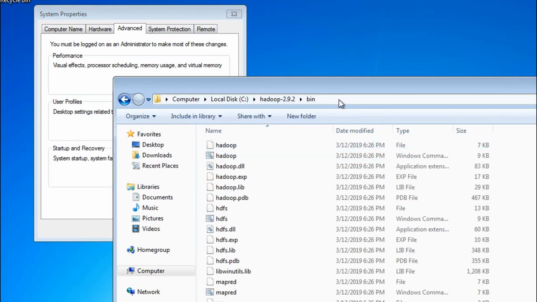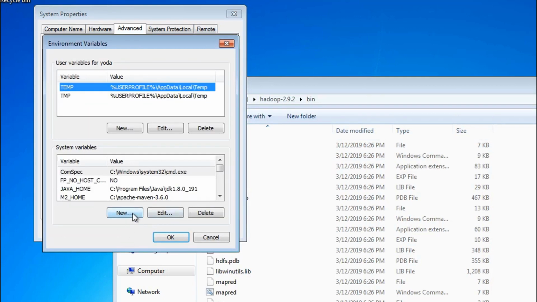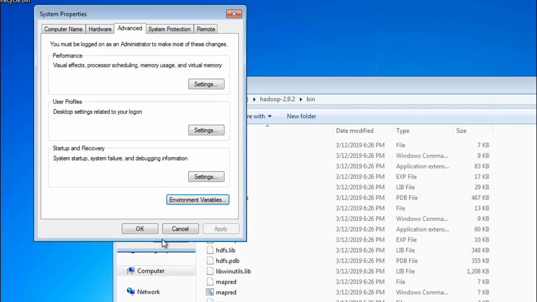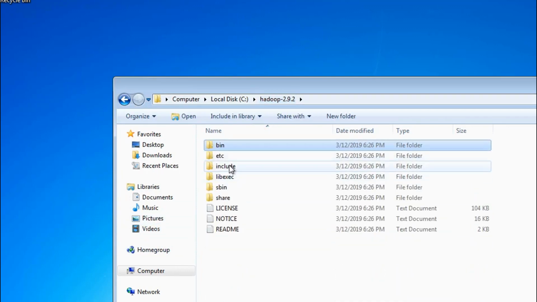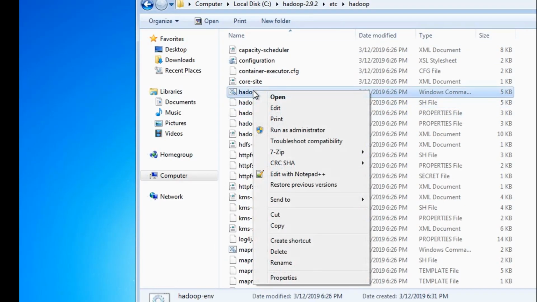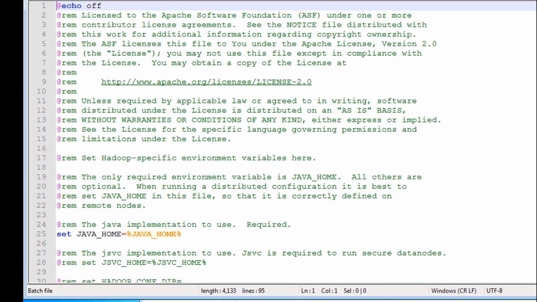Let me copy the bin location here. Add a new variable, HADOOP_HOME, and set your Hadoop location and bin. Hit OK. Okay, now let's go back to our etc/hadoop folder, where we already opened hadoop-env. Sorry, hadoop-env.cmd.